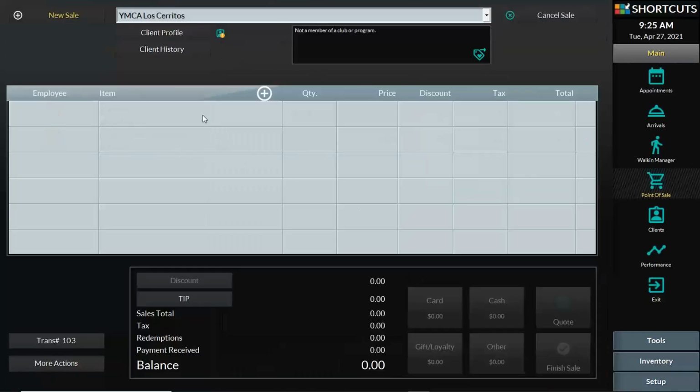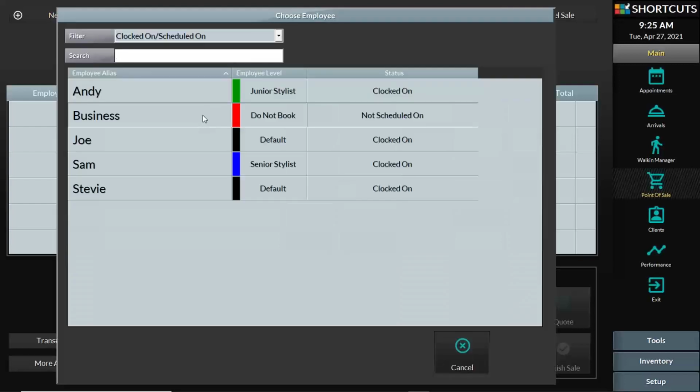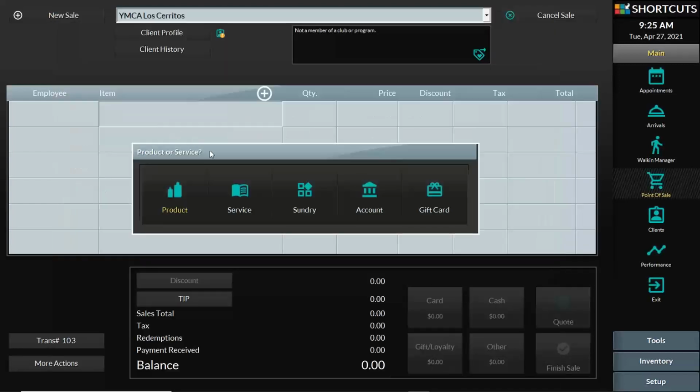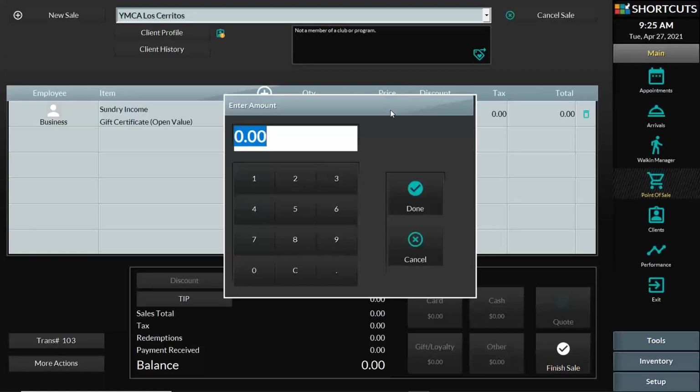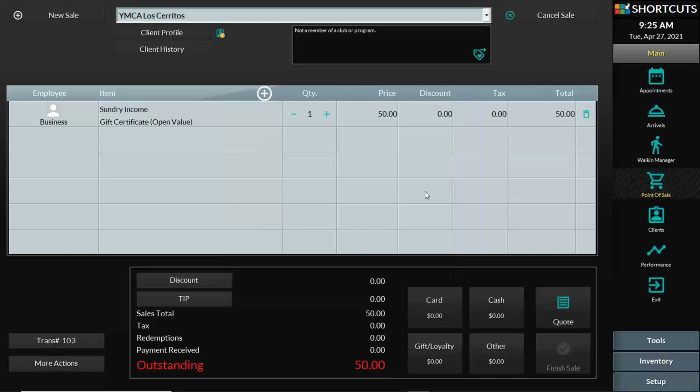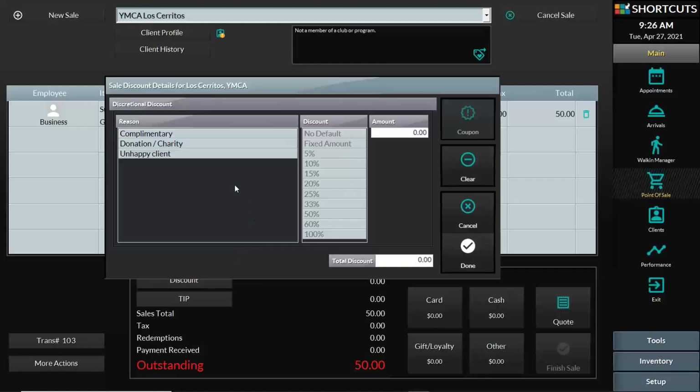So in the point of sale, again, I'll click a blank row. I'll say the business is selling something in this case. I can choose sundry or I can choose gift card. Both of those buttons will take me to the same screen. So I'll choose gift certificate open value. Let's say I'm donating a $50 card to the local Y. Normally, Shortcuts expects the customer to pay for this. In this case, I'm going to go discount on my list of discounts here. And Shortcuts is going to ask me which one. In this case,